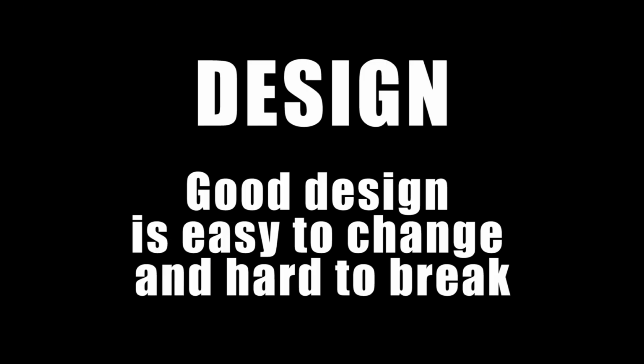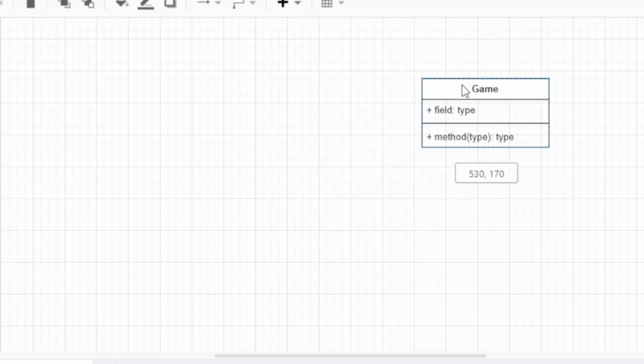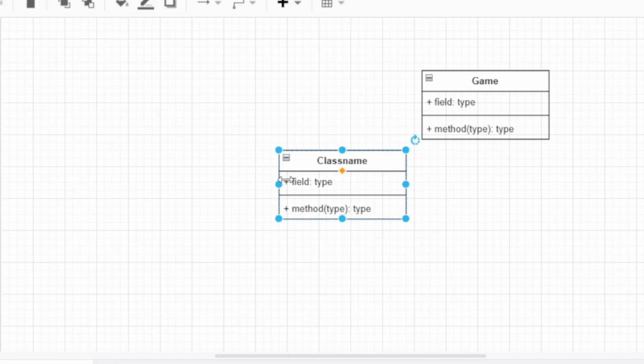Let's now start with the design of our code. It's a crucial step to make our life easier later. You can just follow the design to have an idea of how we will build the code later. We want to think about all the objects that are in the game and that we can model. We need for sure a game class that will hold all the instances and will run the game. Then, of course, we have the player,